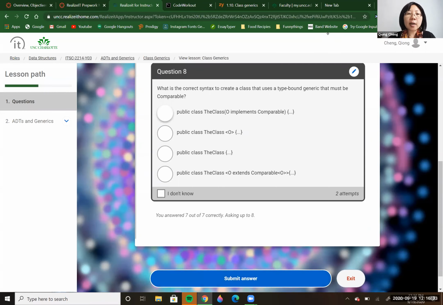What is the correct syntax to create a class that uses a type-bound generic that must be comparable? In this case, we declare public class, the class name, define data type. No, implements, no. In the data type parameter, we declare the data type parameter. Even if this is an interface, we still use extends. This is just to tell what the constraint is for this data type parameter. So the last one,